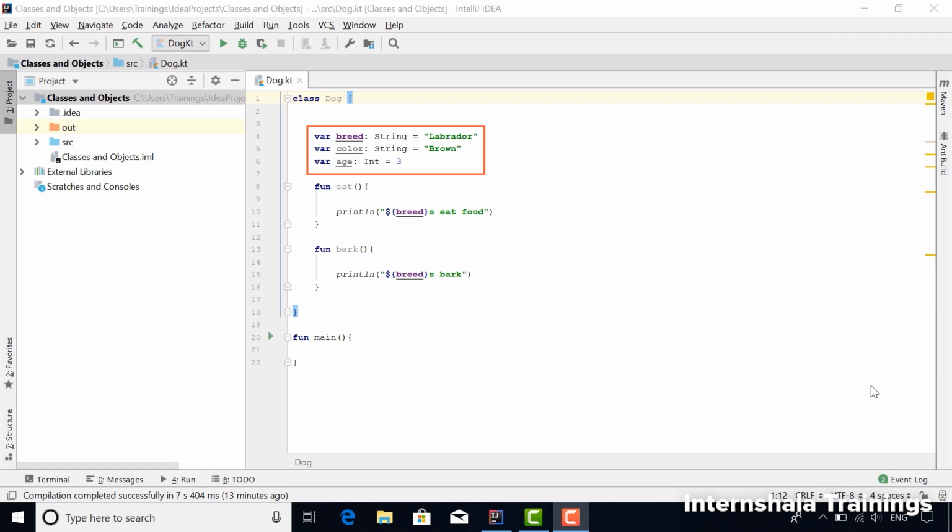Well, in reality, if you look at the concept of classes and objects, we had established in the beginning that classes are just a blueprint based on which we create objects, right? So this would mean that we should ideally not give any values to these properties inside the class. These values should be given only to different objects that we will create based on this class. Now, constructors help us remove this initialization from here.